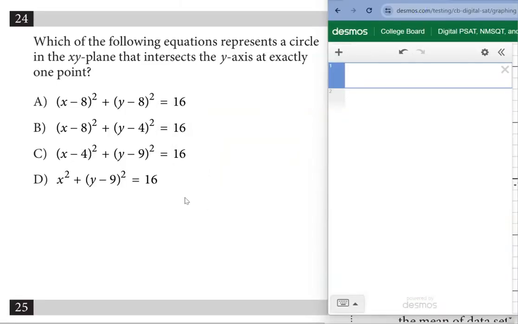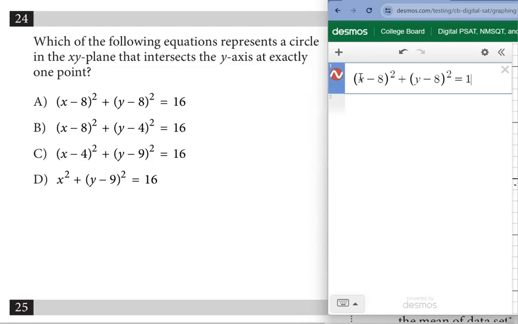The last question we're doing is a circle problem. This is question number 24. Which of the following equations represents a circle in the xy plane that intersects the y-axis at exactly one point? So go ahead and type it, x minus 8, and then square it, plus y minus 8, and then square it,